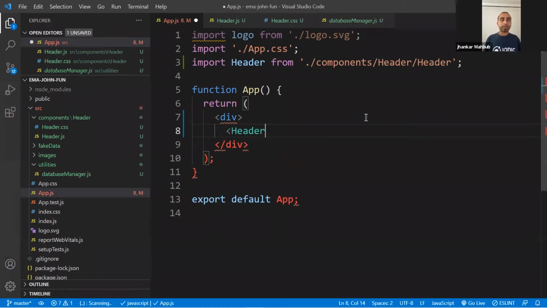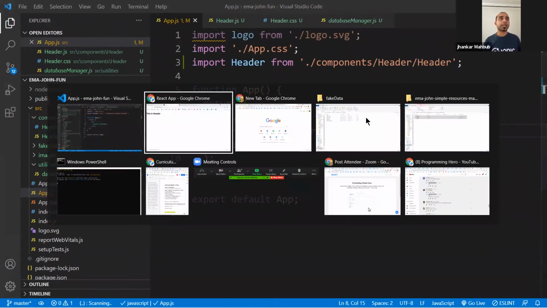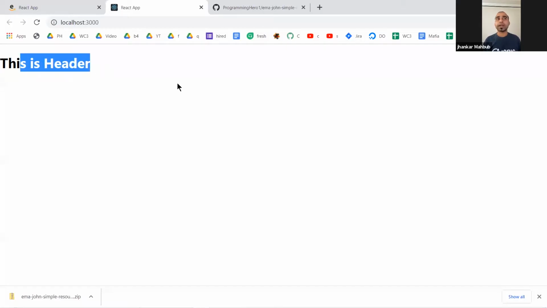You don't have to manually import it. And if auto import doesn't work, you can definitely type it the way you see it. After the header, I will put the closing angle bracket. Save this, and if you come back, you will see this is header.